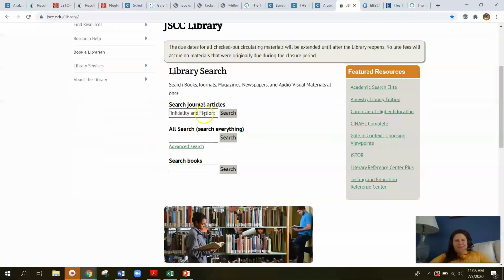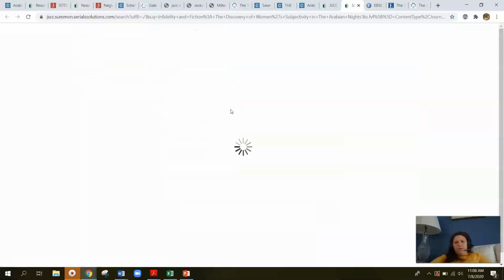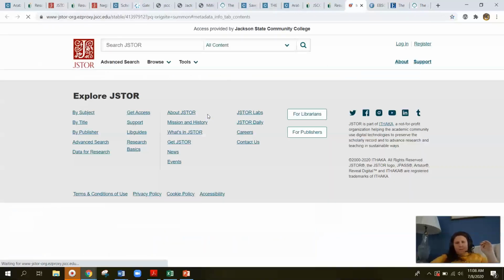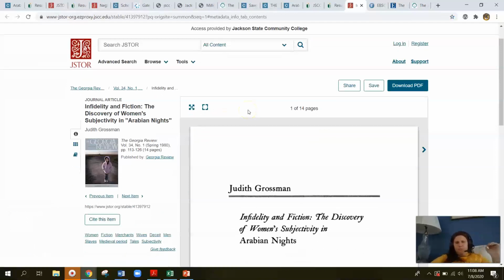We know it's a journal, so the Georgia Review is a journal. We're going to paste it into journal articles right here and search. Bam, there it is. We're going to see it in full text. We're golden.